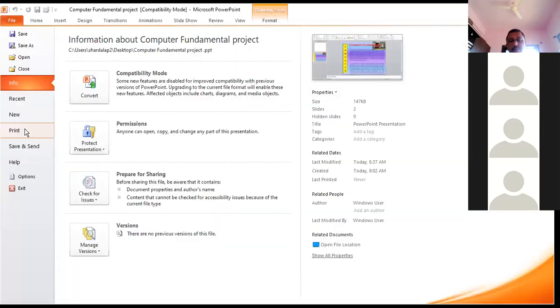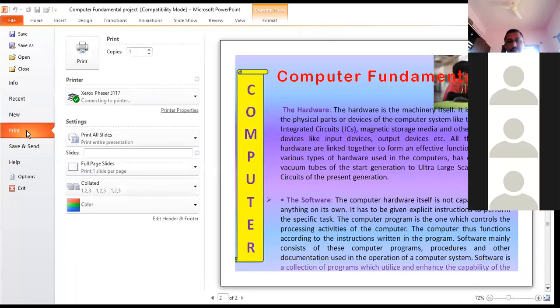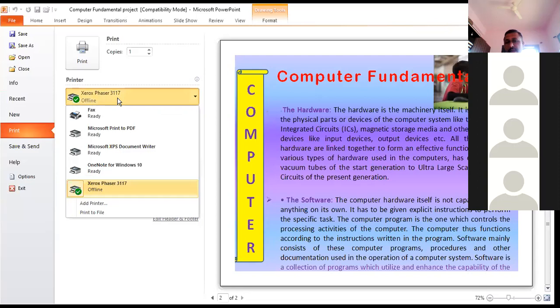Then if you want to get a print of this file, you can click on Print. Then how your printing will be shown there: you can see the complete preview of your slide. Then in printing, what to do? You can set the other commands which are given here. See now, the printer type you can set. You can select the printer type which you need, and which printer is actually connected to your system.